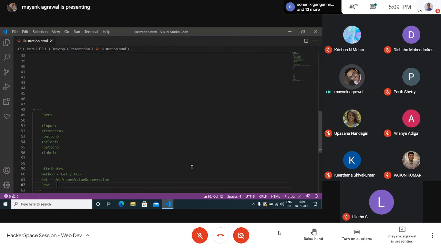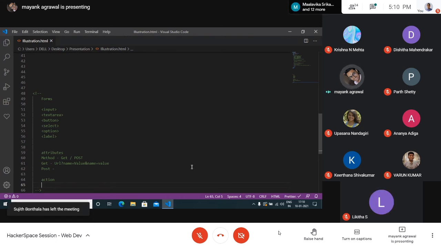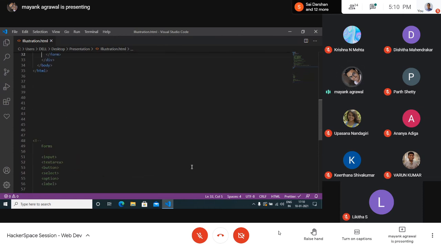Then there's also this thing called autocomplete, and it's quite self-explanatory what an autocomplete does. Then there's one more thing, action. What action does is this attribute specifies what happens once the form is submitted. Say you submitted the registration form for some social media site. After clicking on submit, it should direct you to the login page or maybe log you in as a new user or something like that, right? So that action is basically defined inside the action attribute of the form tag.